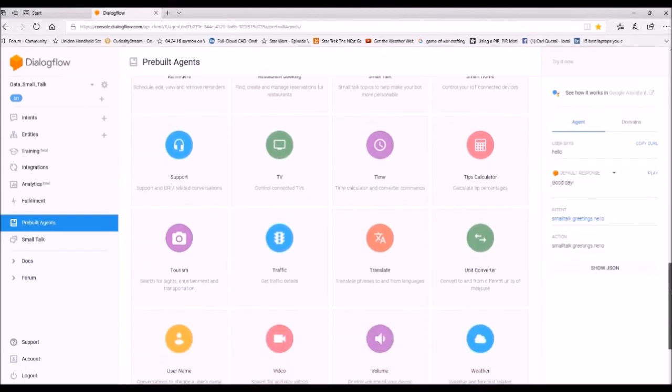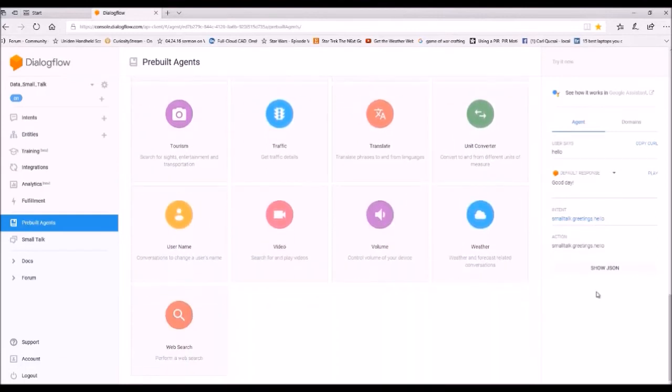And to be honest, I have not explored this as much as I should to be 100% proficient at it. So hopefully in the future I'll be doing a video on Dialogflow and be able to show you more neat stuff with it. But for right now, this is just a preview to show you the basics of it, show you what it would look like if you decide to pursue this a little further, and to let you know that they do have training links in here, and they also have